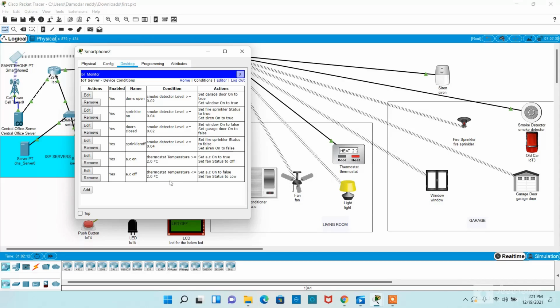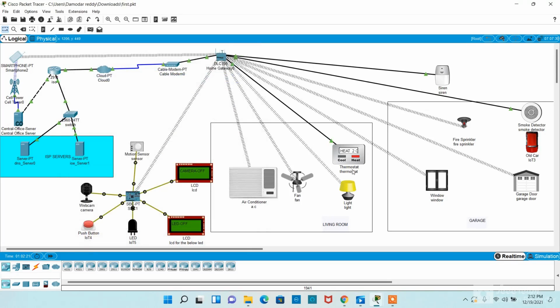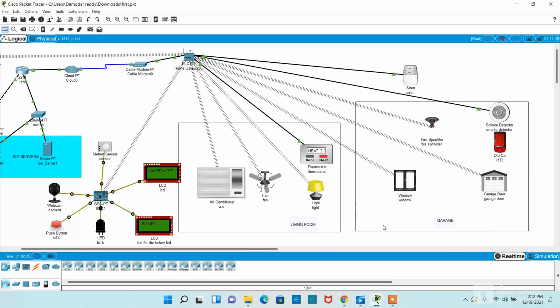When the temperature is less than 2 degrees centigrade, the AC will go off and the fan will be on. Right now the temperature is fluctuating between 2 and 1.9 degrees centigrade. So you can see right now the AC is on and the fan is off. Now the fan is on and the AC is off. So it's fluctuating. It takes some time to heat the temperature.